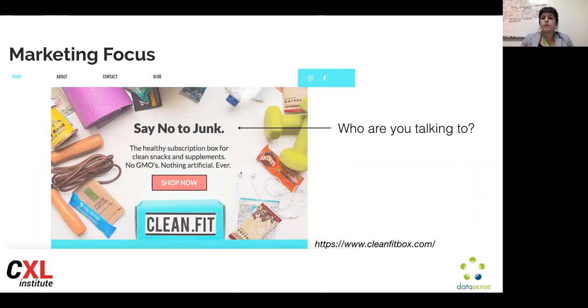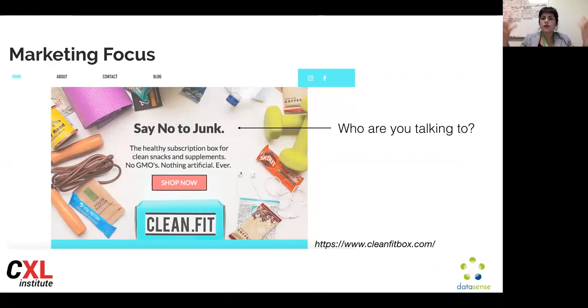So healthy snacks may appeal to a variety of people, right? You may appeal to a person who is very health conscious. You may appeal to moms who don't want to give junk food to their kids, right? You may want to appeal to the fitness person. I see a lot of yoga mats in this image suggesting that that's a particularly good fit. So once you have an understanding of personas, you will be talking to them in a very different way, right? Or, since it's a subscription, you may appeal to people who don't have time to shop for healthy foods, right? And so you have to start answering questions such as, do busy people want healthy foods? Is that one of those healthy people's priorities?